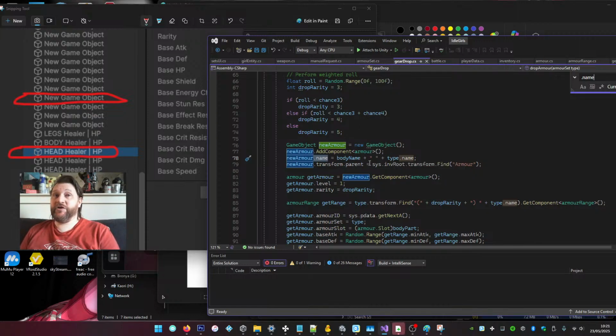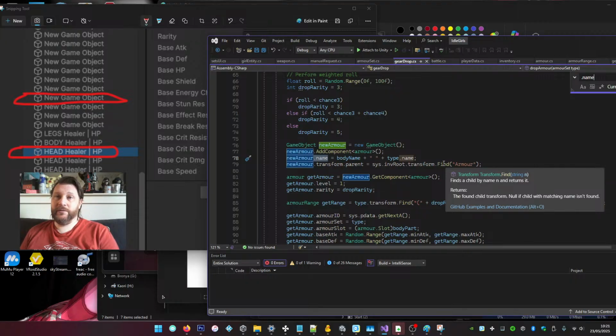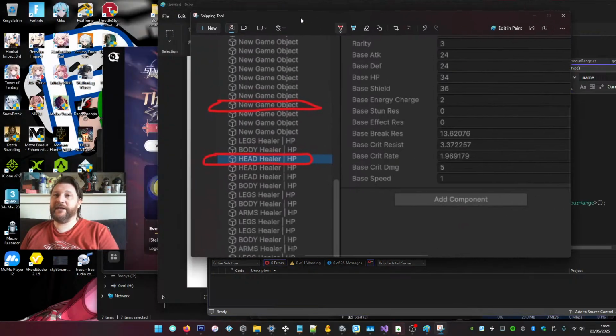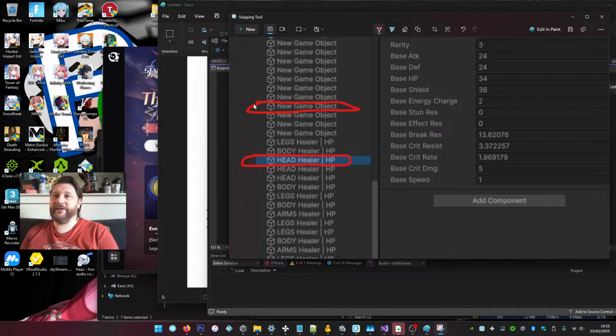So we could change this if we wanted to, but at the very least it would be nice to have this data